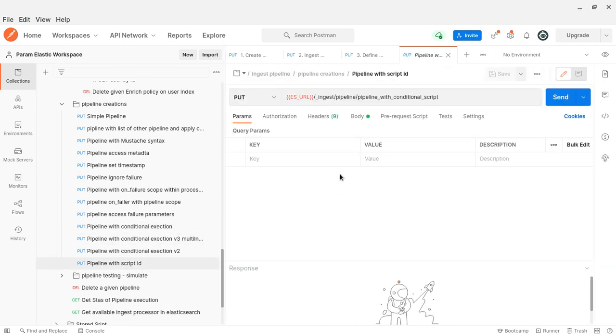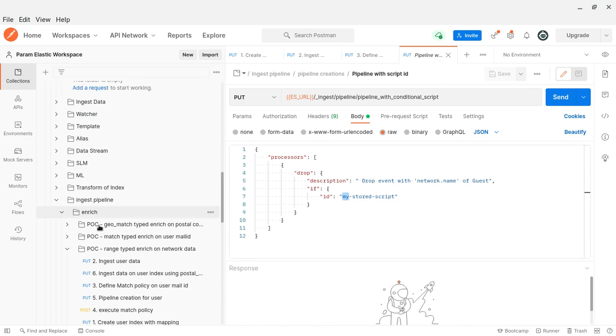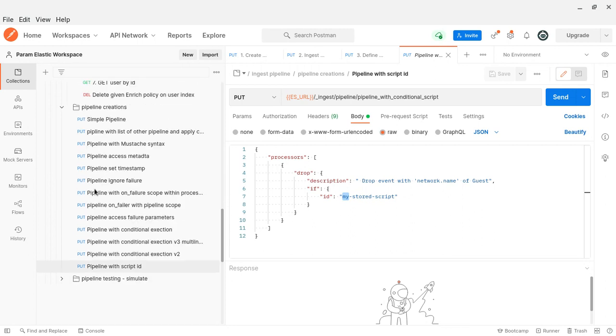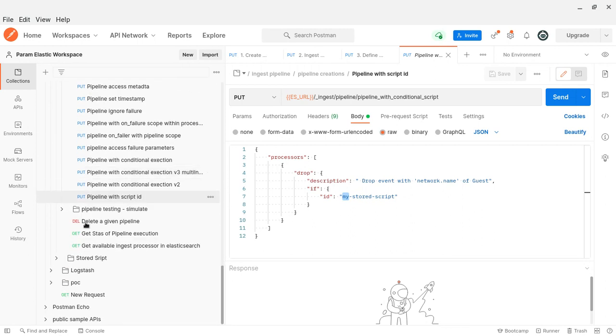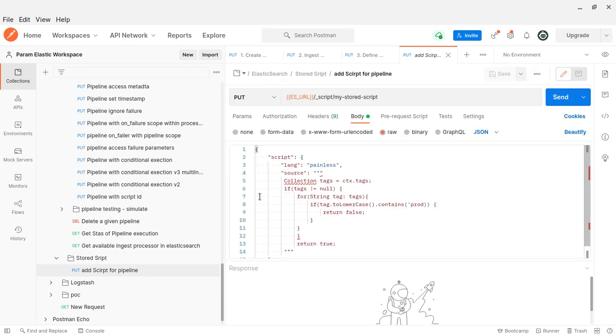Then, of course, you can use a script as well. They support script, yes. So you can store it for more reusability. I think I have written some script here. Let me open. They call it a stored script. I have created a stored script for the pipelines. Here you can see, if you want more manipulation, you can go for scripting. That is a benefit.